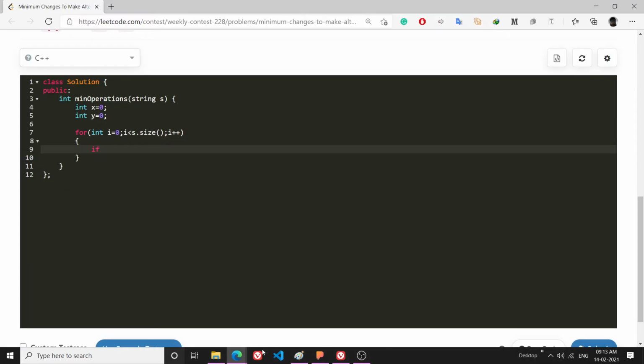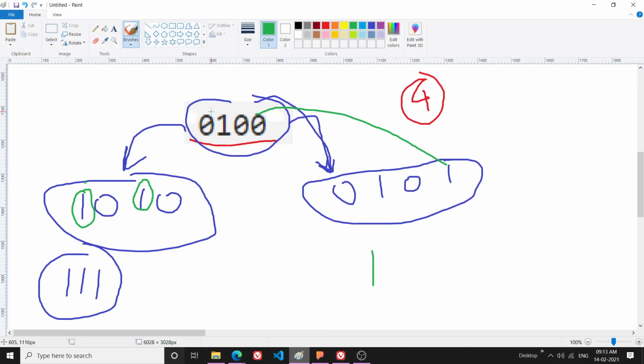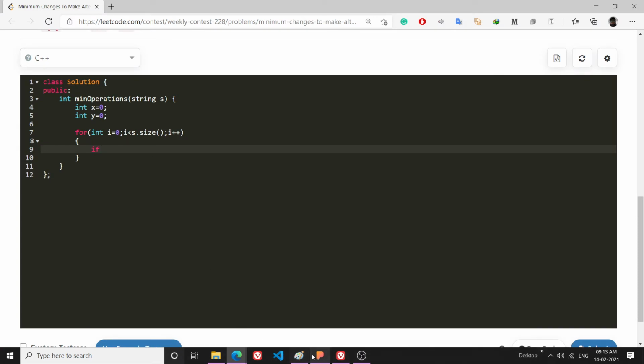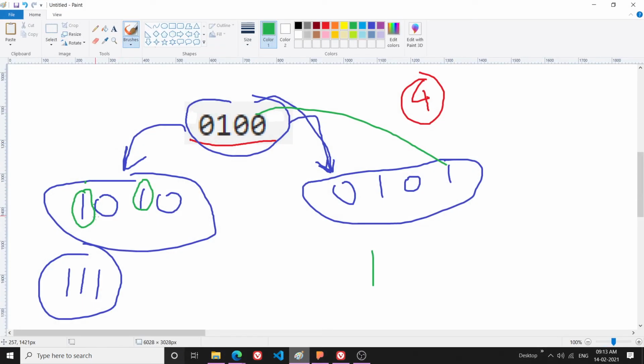If in my original string 1 doesn't exist at these even indexes, then I will have to make an operation, and vice versa for the odd places. At odd places there should be 0. If there is not 0 in my original string, I will have to increase this operation.